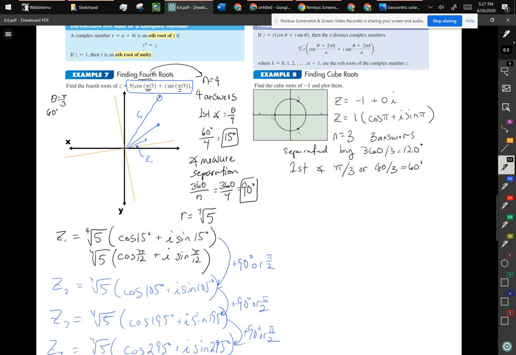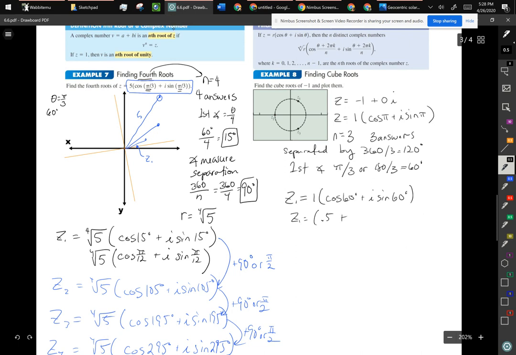I'm going to work with degrees here because, you know me, it's just easier. So for z1, my radius is 1, and then it'd be cosine of 60 degrees plus i sine of 60 degrees. You could write that if you want to in radians. But now also, one thing I didn't do for example 7 that I can do here, but you can also go back and use your calculator for example 7. But for this one, because it's cosine of 60, then I can say that z1 is equal to 0.5,